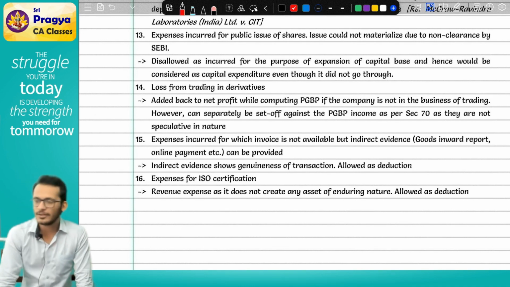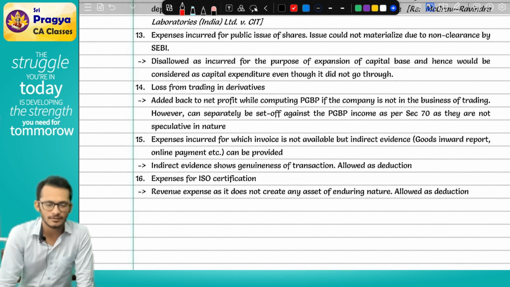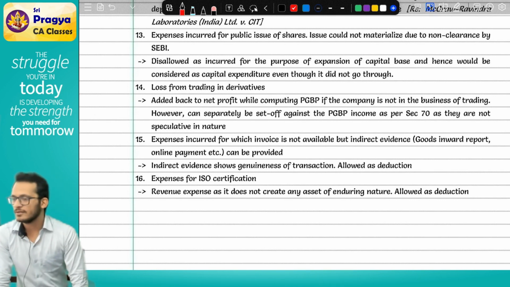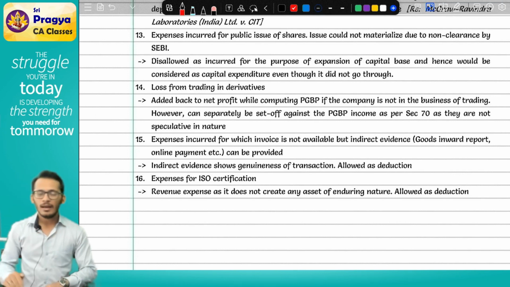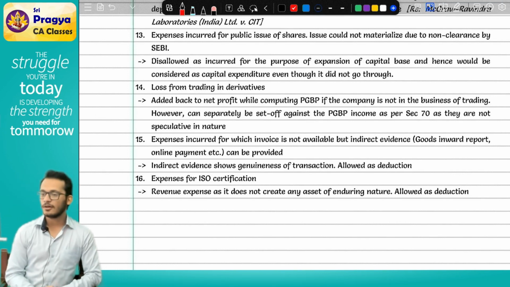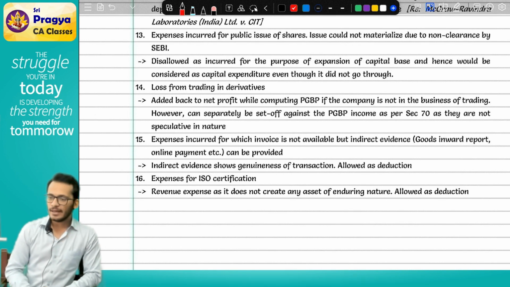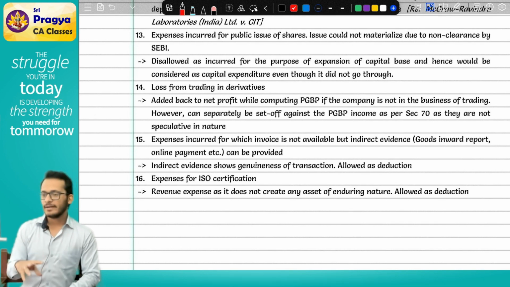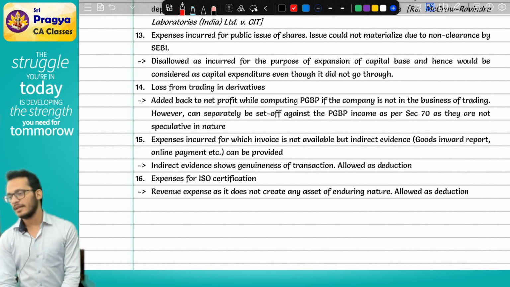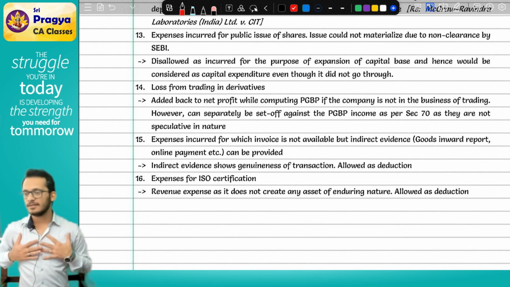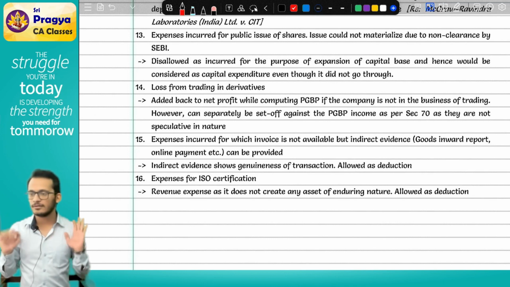If I have to clarify what ISO is, you might have noticed some schools and organizations saying they are ISO 9001 certified. ISO is basically a standards organization. This organization gives you a standard. If you go and get a certification from there saying that my business or my work is up to the standards, and they give you a certificate,